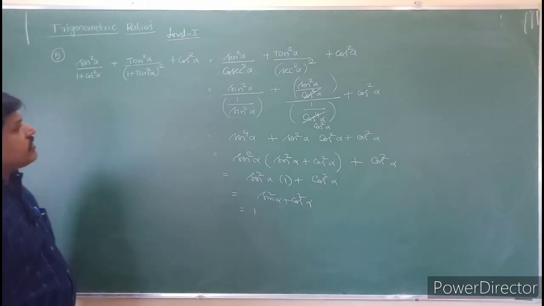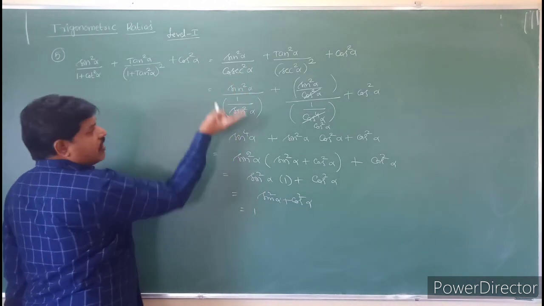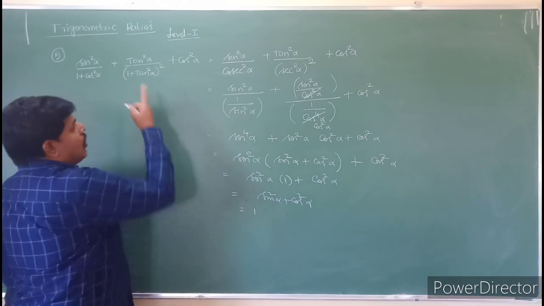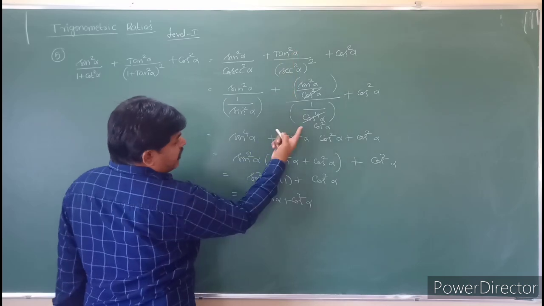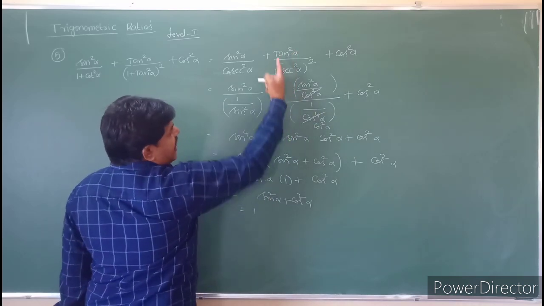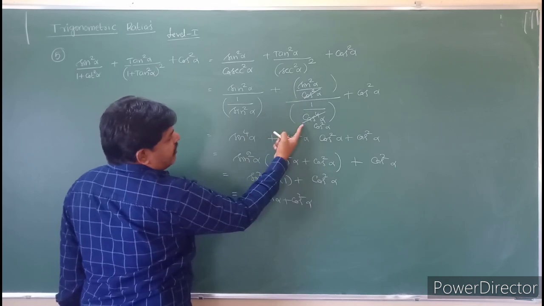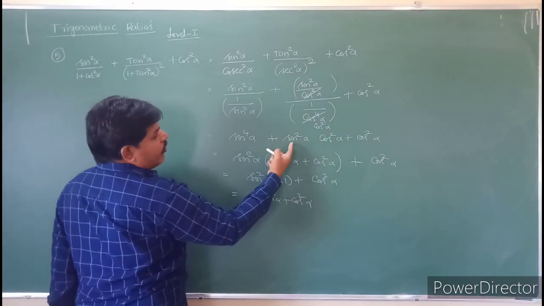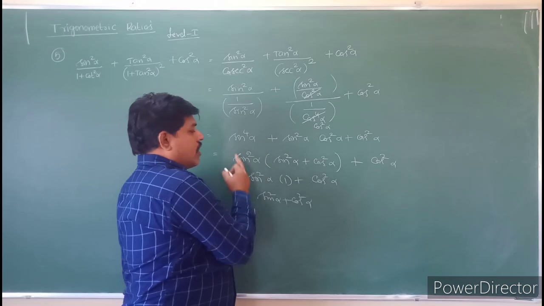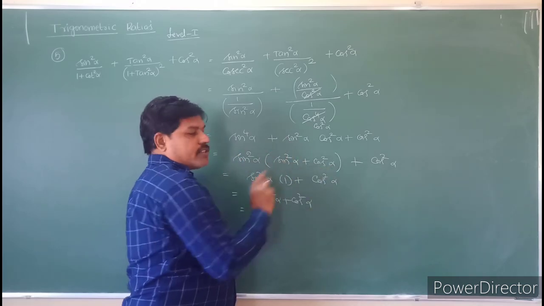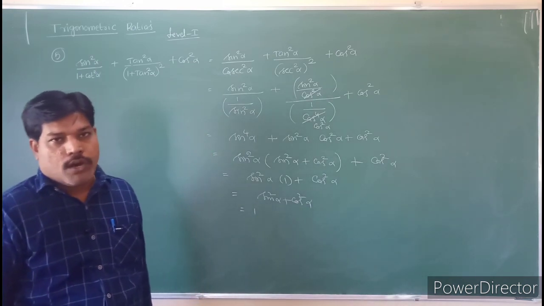Do you understand, students? I have just simplified this one. 1 plus cot square alpha is nothing but cosecant square. Cosecant square is nothing but 1 by sin square. Coming into the numerator, it will become sin power 4 alpha. 1 plus tan square is the secant square alpha. Whole square, it will become secant power 4. If you take the reciprocal, it will become cos power 4 alpha. This tan is nothing but sin by cos. So sin square alpha by cos square alpha, and 1 by cos power 4 alpha. Cancel the value and take the cos square alpha into the numerator, it will become sin square alpha into cos square alpha plus cos square alpha. Take sin square alpha common from the first two terms. So sin square alpha plus cos square alpha will become 1. The remaining value is sin square alpha plus cos square alpha. The value is 1.